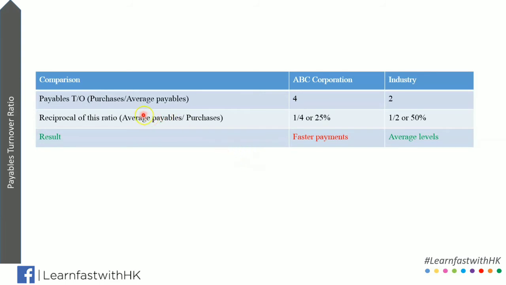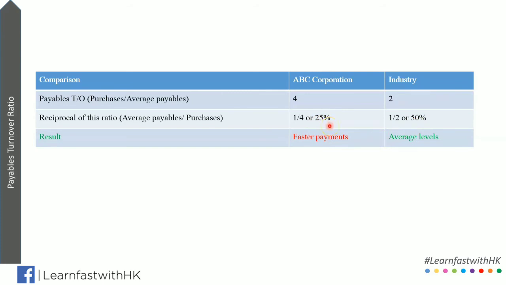The payables turnover ratio, which is the purchases divided by average payables, is 4 for ABC and 2 for the industry. If we reverse this ratio, we get average payables divided by purchases, or average payables as a percentage of purchases. That is 1 by 4, or 25% for ABC, and 1 by 2, or 50% for the industry. We can also say that total payables left for ABC are only 25%, while 75% of the suppliers have